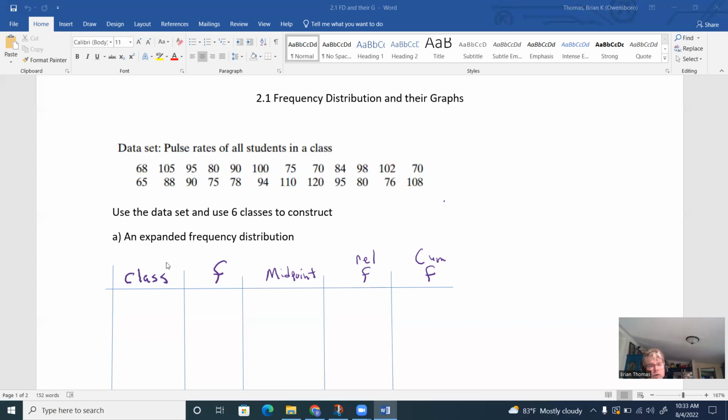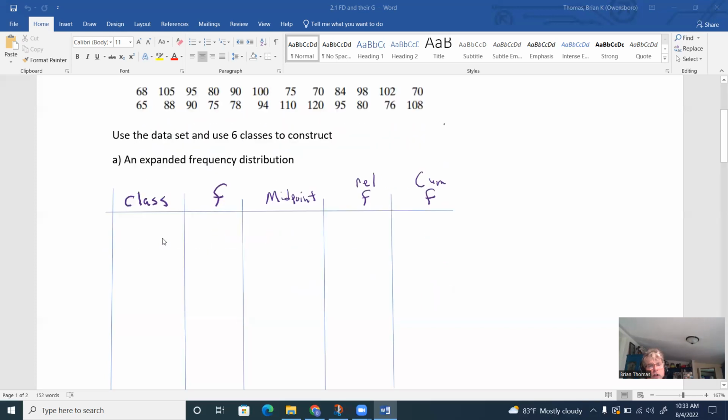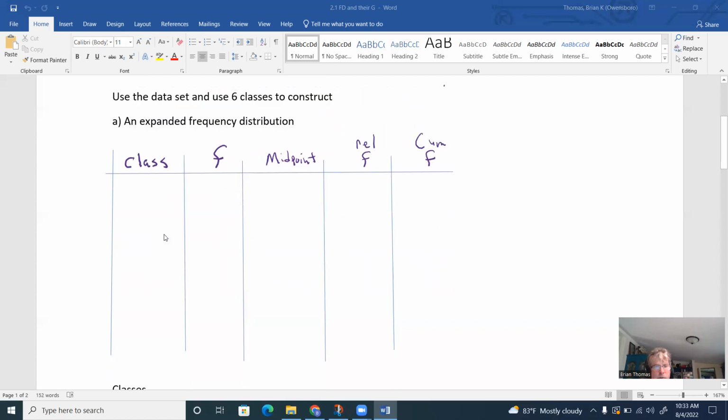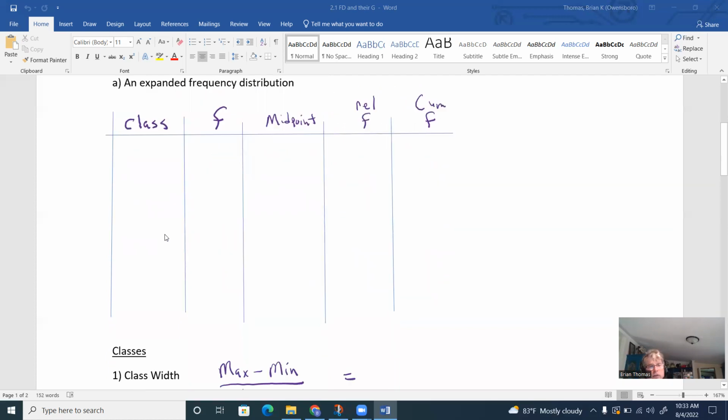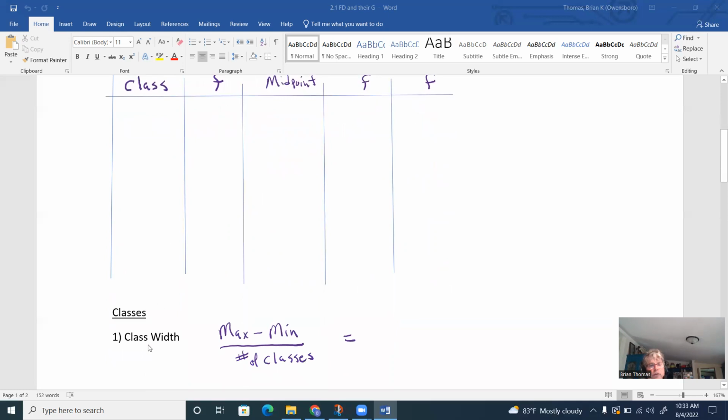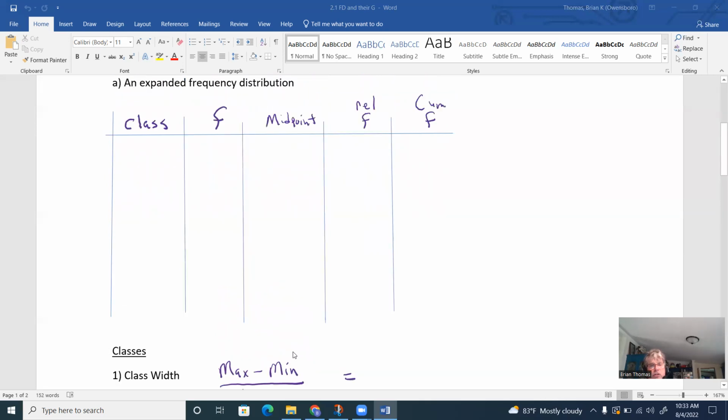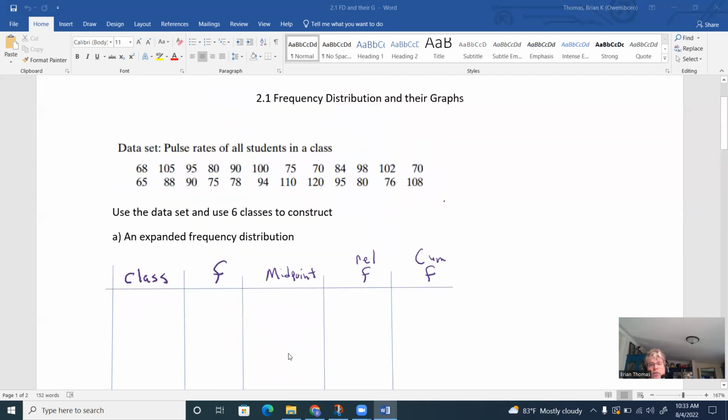So to move forward, we're going to work on this first column, which is the classes. This is probably one of the harder things to deal with. So when it comes to classes, the first thing we have to do is find what's called the class width. So it's going to be the maximum data entry minus the minimum data entry divided by the number of classes. Okay. Now, one of the things you could do in MyLabMath is if you want to try to do this a little bit more organized,